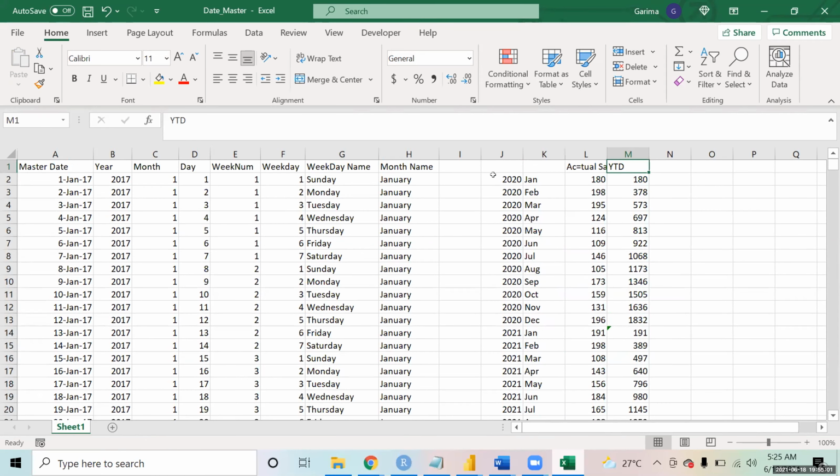By the last of the month, you will be getting the total sales in that year. So whenever you are looking at this at any month, you are seeing year to date sales: up till this month, how much sales you got. And the moment year end comes, this is the final sale, and the next year it starts all over again.